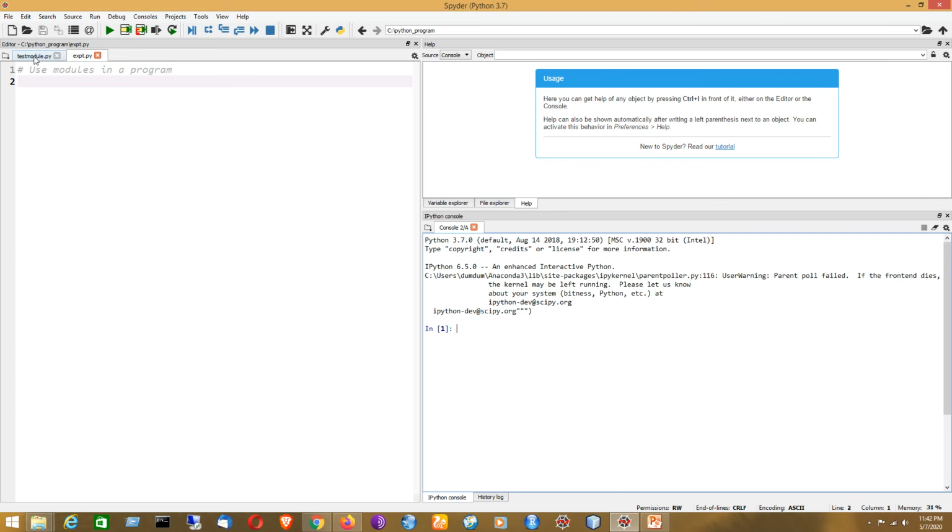Now we will be writing two Python programs. This is the name of the program that will be used as a module. It is named test module.py, and after defining or creating this module, it will have some attributes and methods. The features of that module can be accessed from any application written in Python. So first I will develop the module.